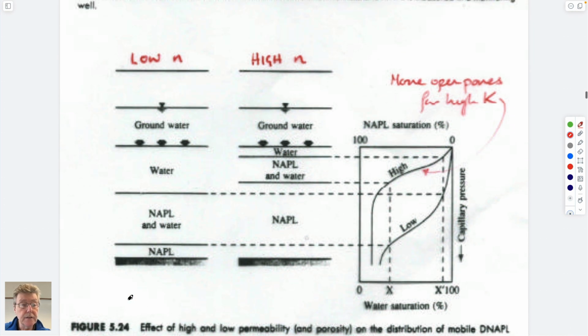And finally, looking at DNAPLs, you'll remember that we looked at, if I draw these up high,